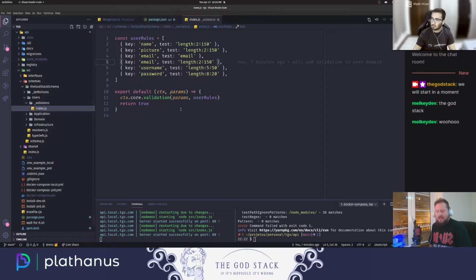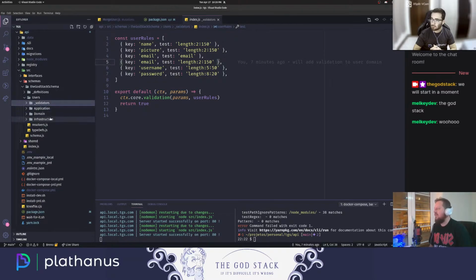This is the validator. So we are not going to test these, but we are going to test the call that we do for this one. So this is not actually necessary to test. So now we have these three